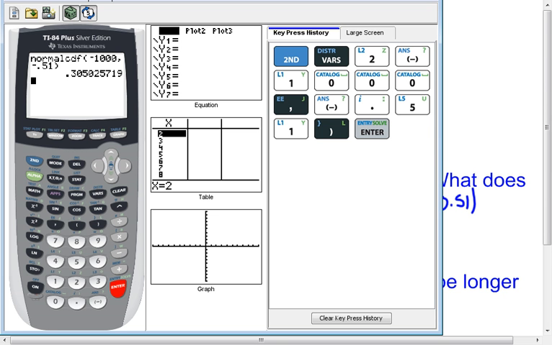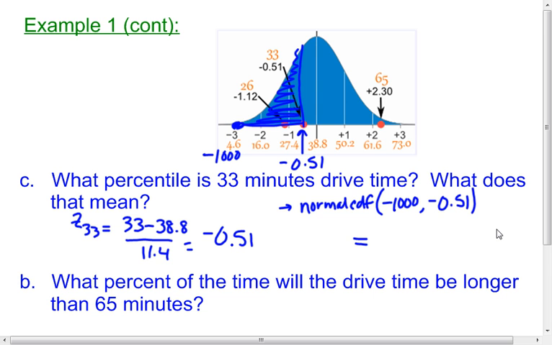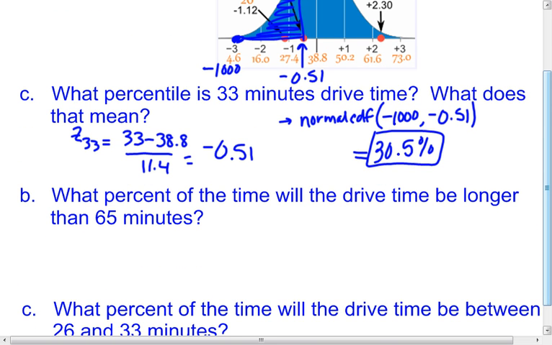And you get this. Notice it'll spit it out as a decimal for you, which you then need to convert to a percent. So this is 0.305, which is really 30.5%. Okay, so in this case, I get 30.5%. And the question is, what does that mean? So what that means is this. It means that 30.5% of the time, drive time